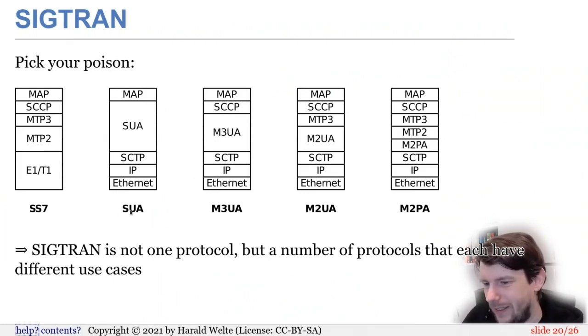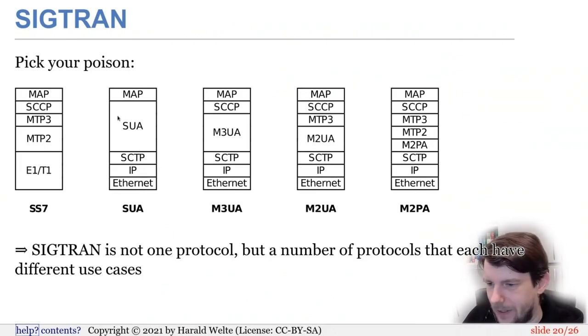So SUA, the SCCP user adaptation layer, basically takes the minimum IP transport for SIGTRAN, which is SCTP over IP over Ethernet or whatever you have underneath your IP,